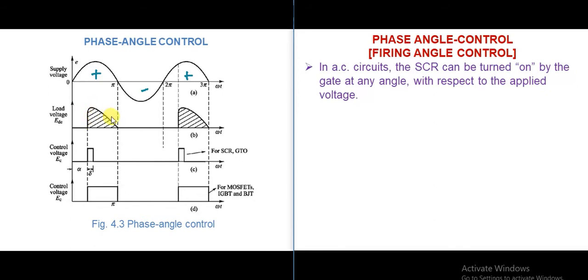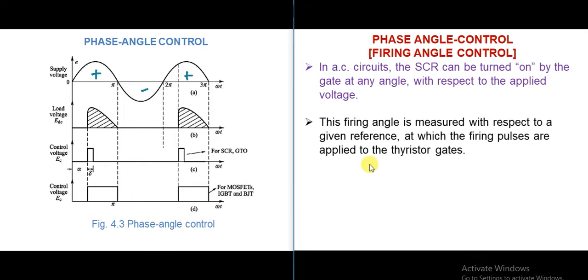And we have the DC output. So this is the output. Now the point is, the moment we apply the gate pulse, we get the output. So here we can see that we are applying the control voltage, meaning the pulses are applied after some firing angle alpha. And here the delta represents the width of the pulse. And as soon as the pulse is applied, within a time duration of a few microseconds, we will obtain the output.